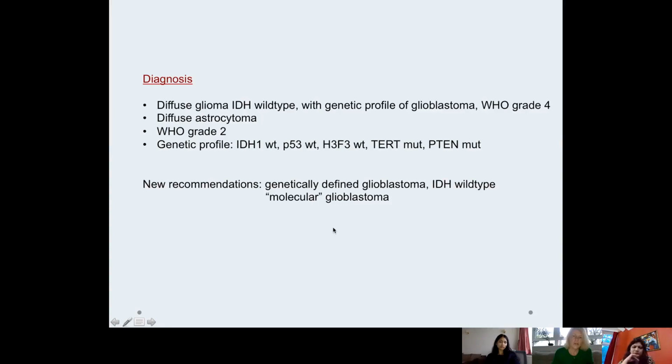So we now know that in many low-grade gliomas that are IDH wild type, the final diagnosis is actually of a glioblastoma that has just been undersampled in the biopsy, but the common mutations of IDH wild type glioblastoma can be detected, and therefore this is often referred to as the molecular glioblastoma. And this will also be an important change in the new classification of